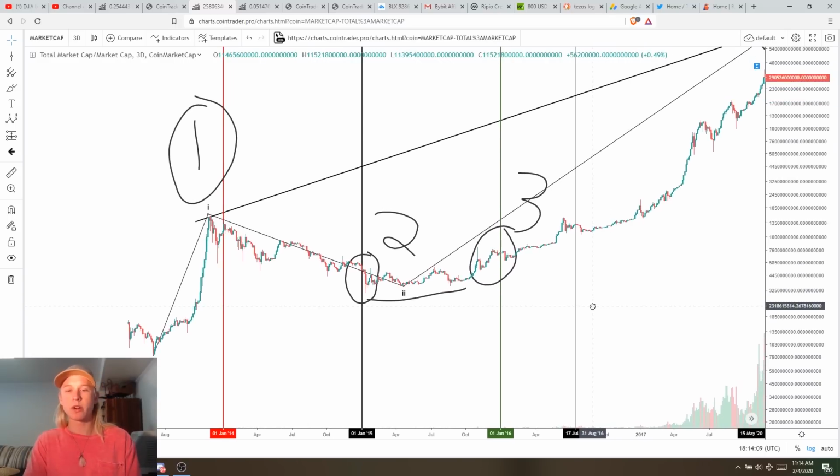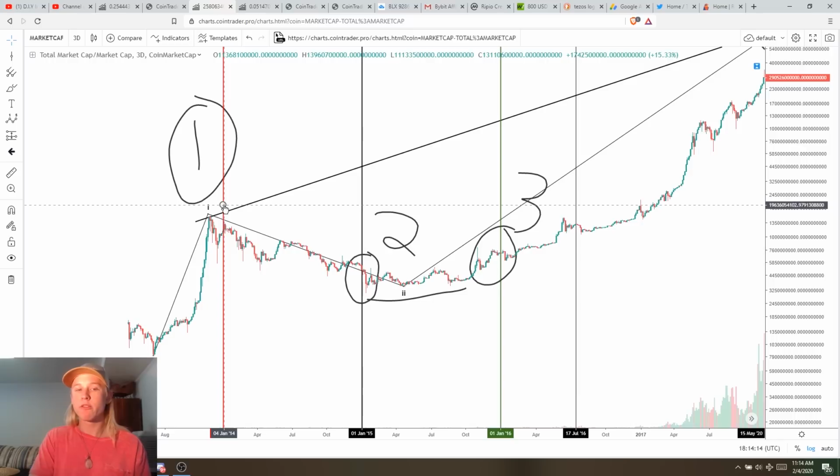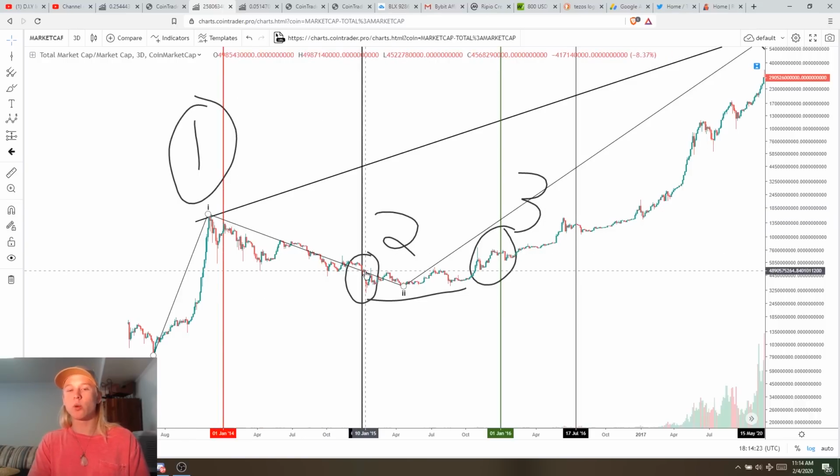Now, here's the way it works, guys. We go through our reversal at the new year. New year is a strong time of reversals in cryptocurrency. Now, this was almost the exact top back here in the 2013, 2014 time frames, right? This starts a 1-year downtrend. 1 year from that would be January 1st of 2015. And we can see that that's almost the exact bottom of capitulation of that bearish trend. And so phase 1 is the top of the bull trend, phase 2 is the bottom of the bear trend, and phase 3 is the start of the new bull trend. And we can see that that took place here.